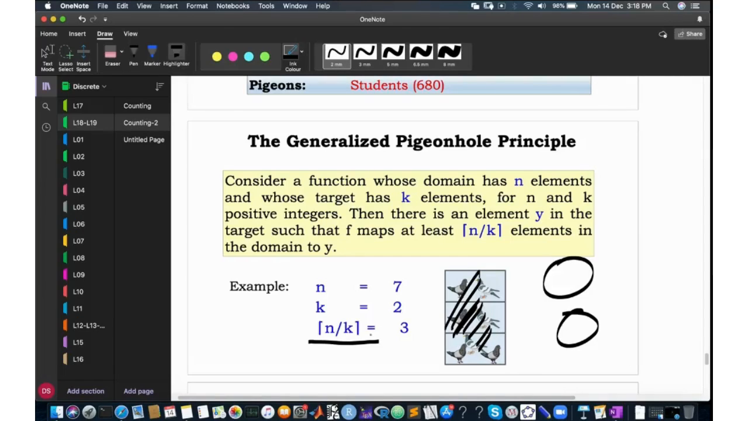n over k pigeons. So originally we said that you have